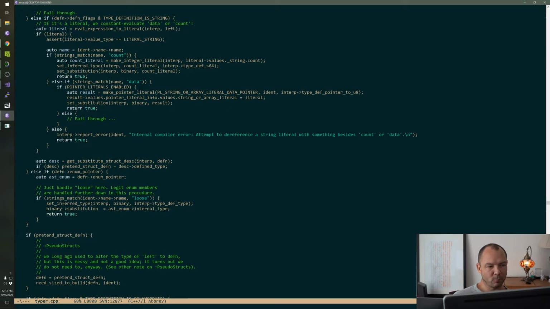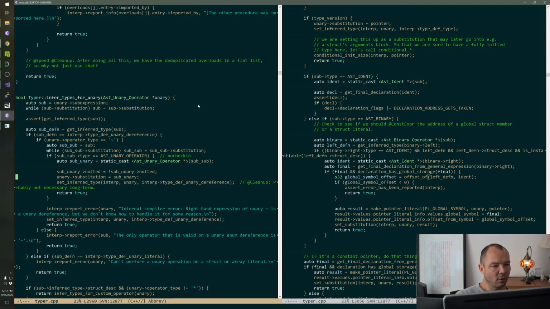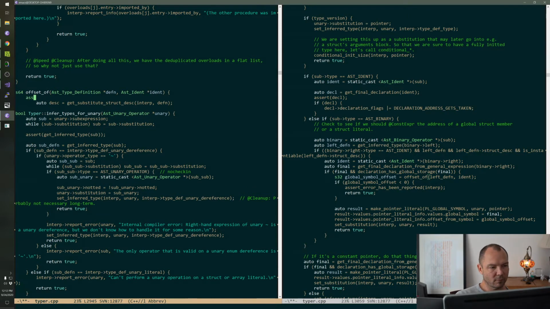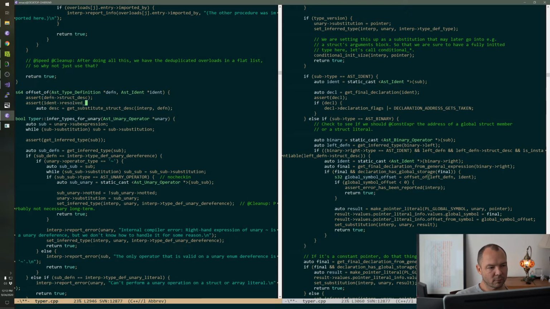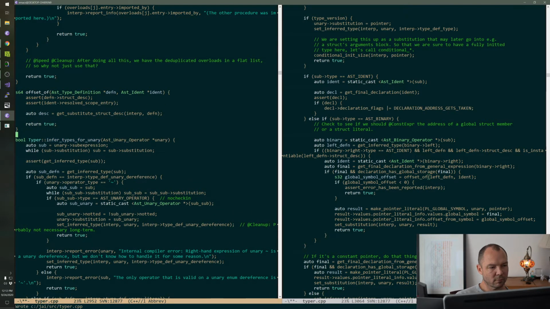Now what? Well, we can write this offset of. And I'm just going to start by returning 0 because I want to make sure this compiles because it's been a little bit since we did that. Return 0.